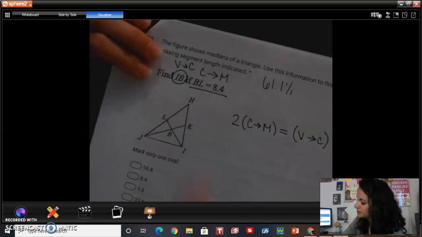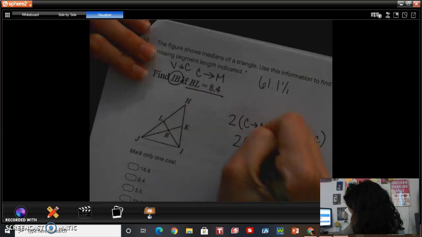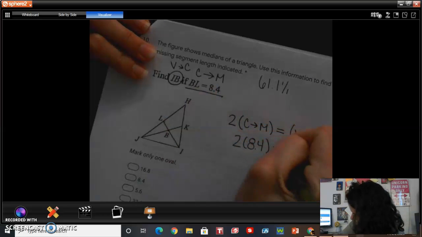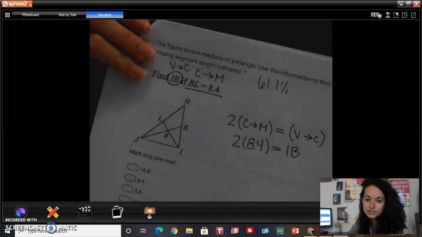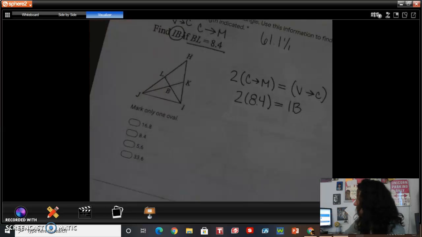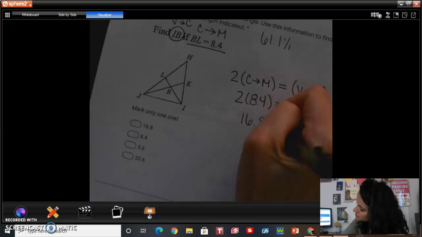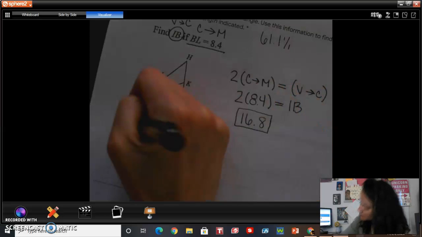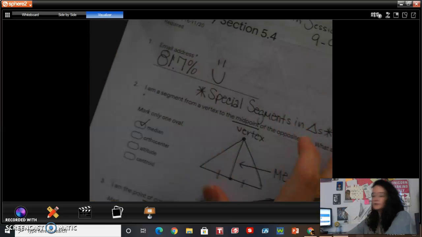So let's plug in what we know. So 2 times centroid to midpoint, which is 8.4, equals vertex to centroid, which is IB. Okay, well, what's 2 times 8.4? Let's see, 16.8, and there's nothing else to do. That's our final answer. Okay, if you still are struggling with these, let me know, and I will create some